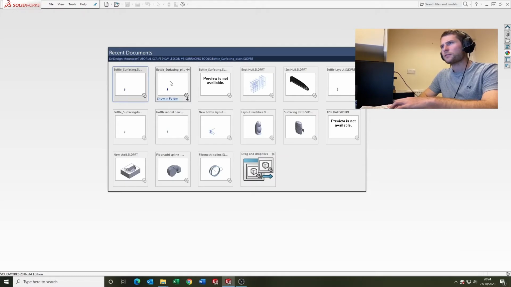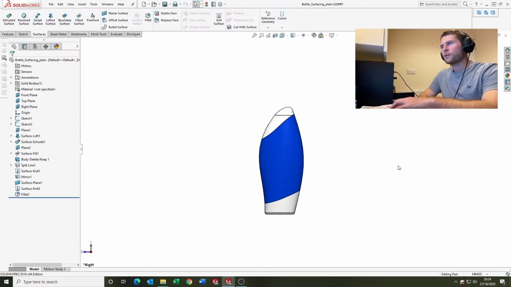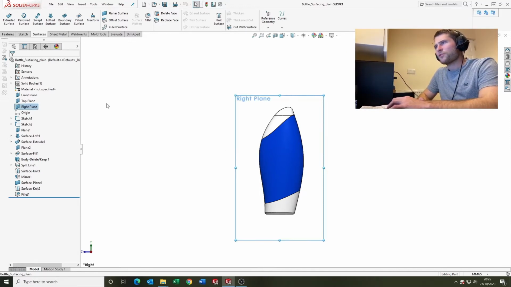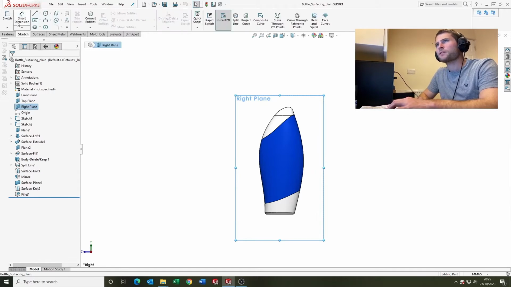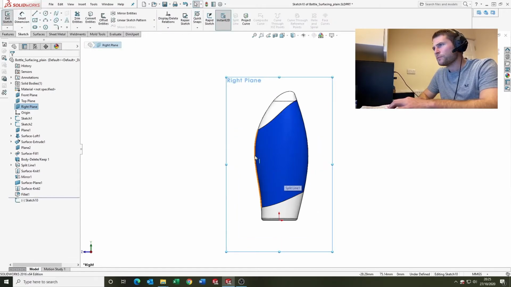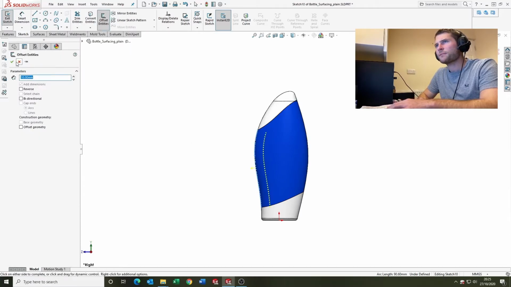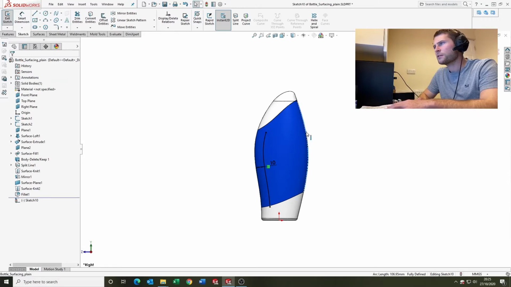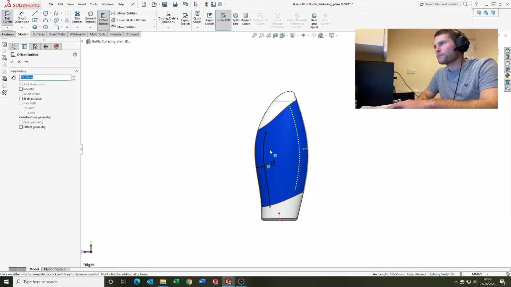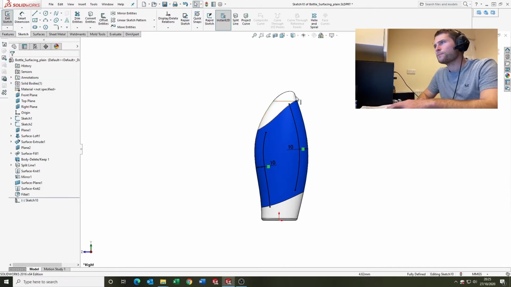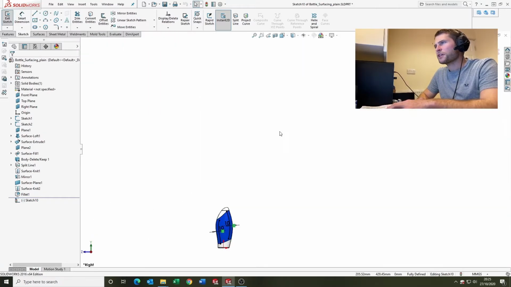Okay, so this is the model that we finished with last week. So I'm just going to come on to the right plane, come up and go sketch. Going to take this detail here, and we're going to offset it by 10mm, say, and same for this one, offset that one 10mm, and I'm just going to come normal to,